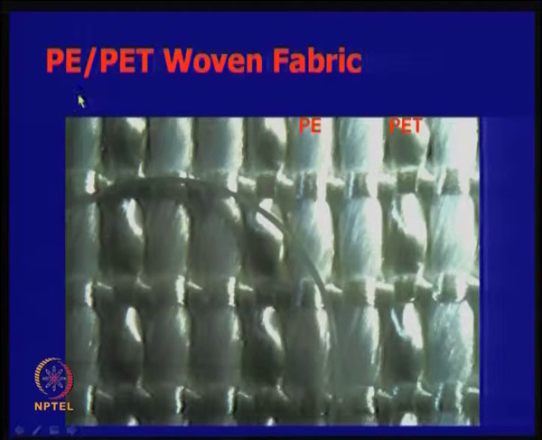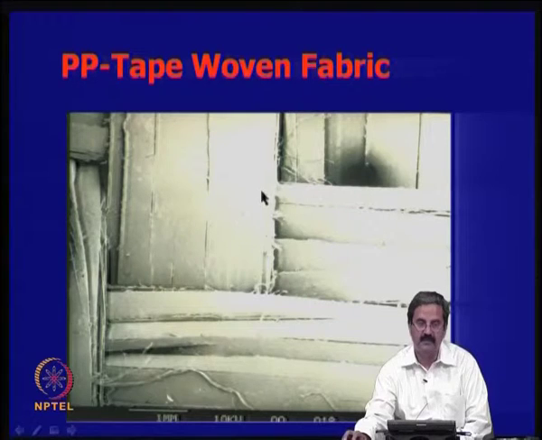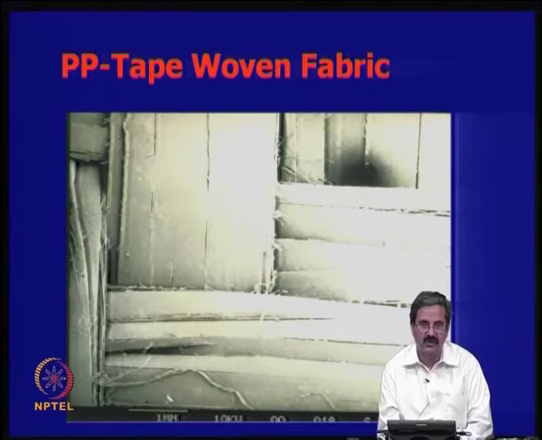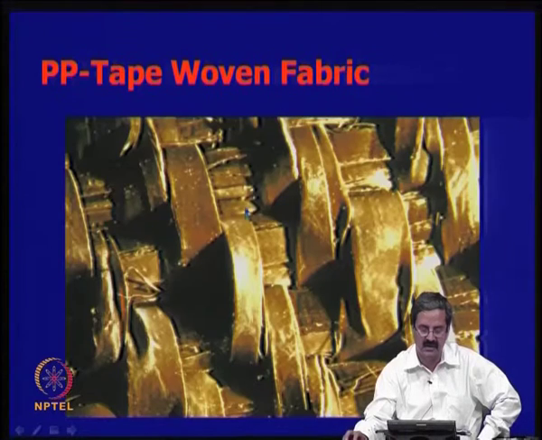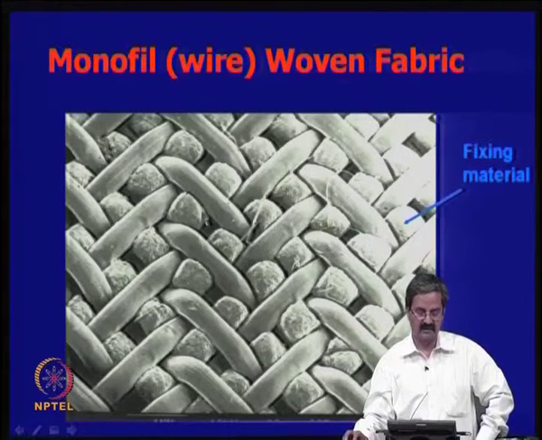Then this is again polyethylene, again a woven fabric here, you can just see that. Again one more type. You are looking at a very micro level examination, then only it is possible. You do not see some of these arrangements with the naked eye. You have to look at it very carefully using a microscope, and you will be able to see some of these differences in indentations and all that. This is again one more type. This is monofilament, all single filaments, and they are all woven together.